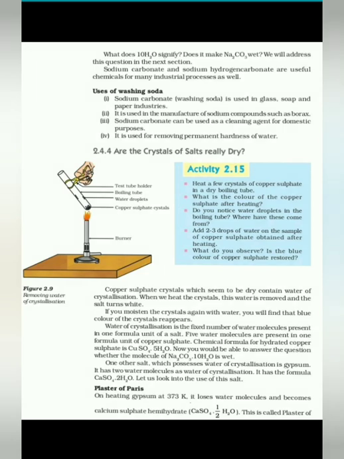You can see in your kitchen that your mother might be using it to kill cockroaches or ants, which contains that boric powder or borax. So this borax is prepared or manufactured from this sodium carbonate, washing soda. Sodium carbonate can be used as a cleaning agent for domestic purposes. So its common name is what? Washing soda, and so it is used for different cleaning purposes. It is used for removing permanent hardness of water.